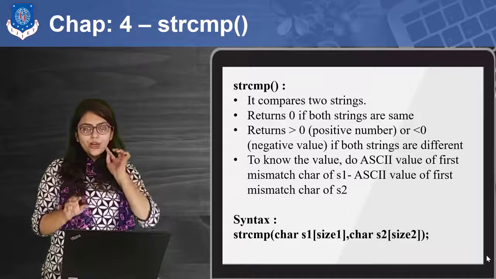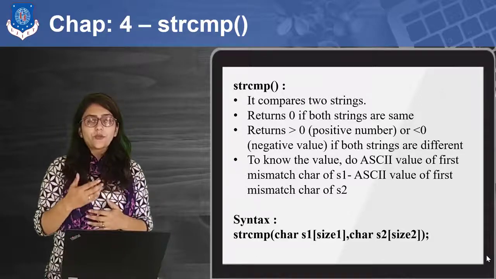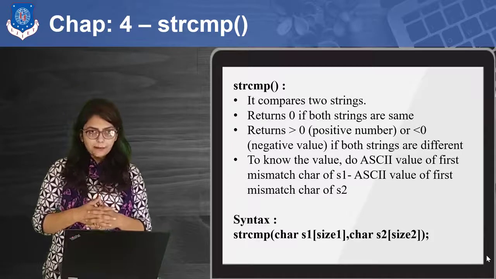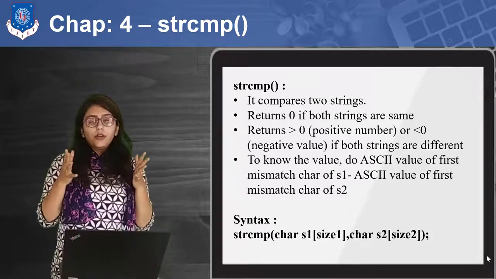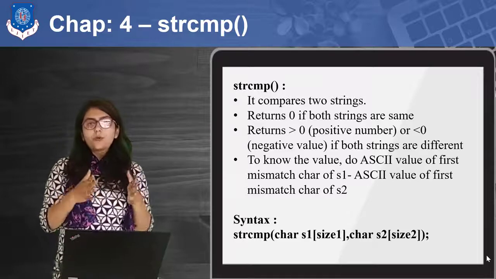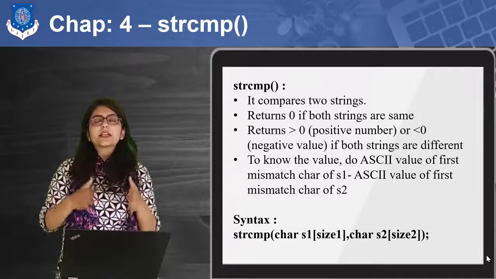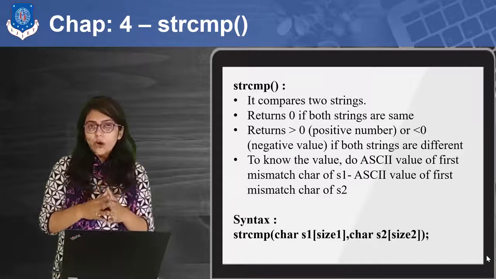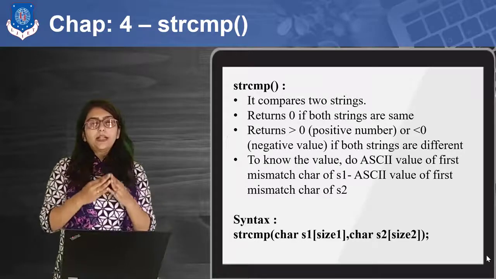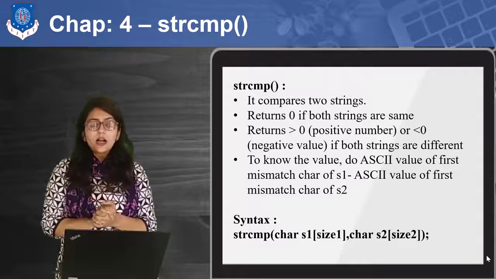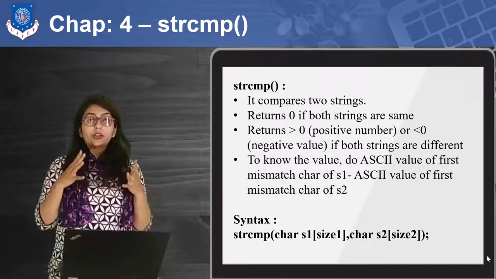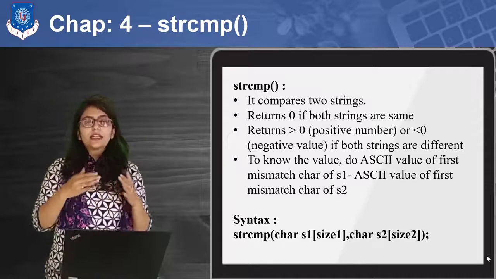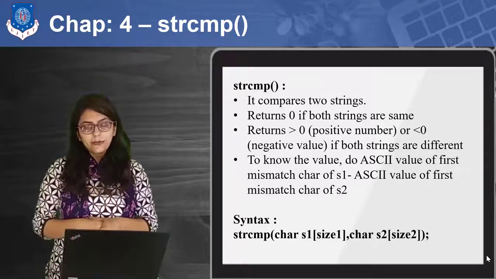So to compare two strings, either you have to program it in such a way, or you can use the default function strcmp. If the output of this function is 0, that means the two strings are similar. If the output is any non-zero value, that means the two strings are not similar. Now why have I told you about non-zero values? Because based on the string values, it can be positive or negative.